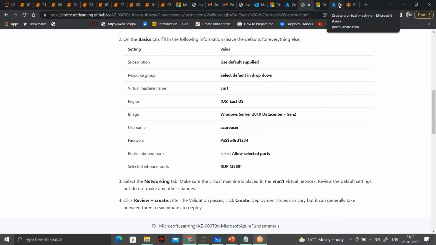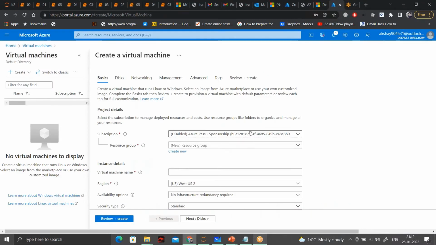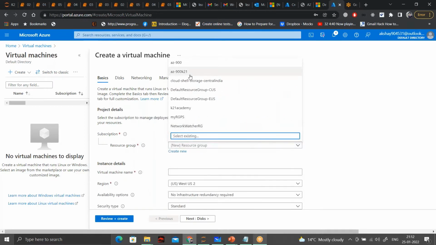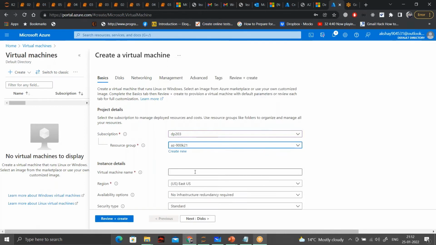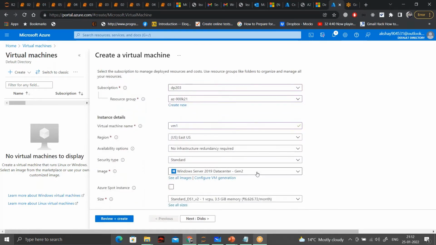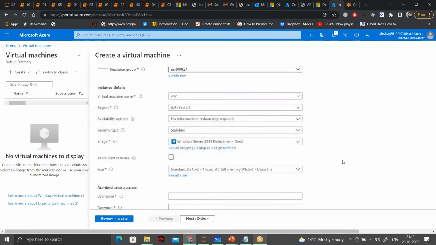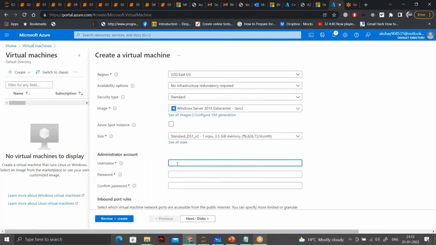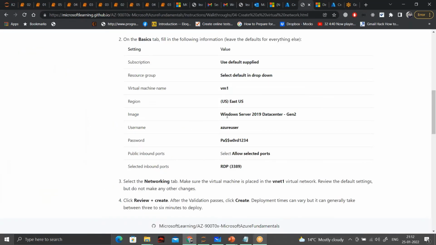I'll use the same resource group here. I'll give this the name VM1. I'll use the same username and password.